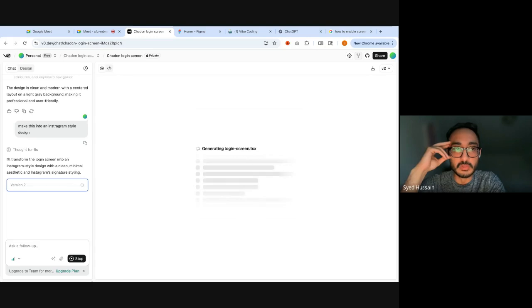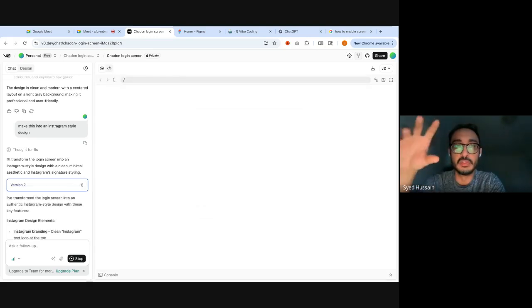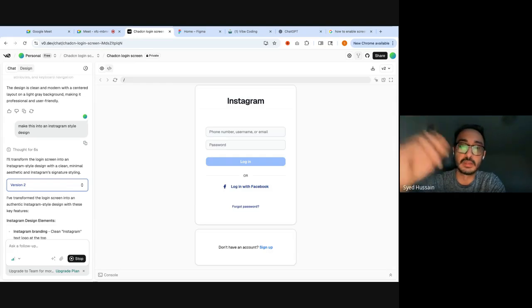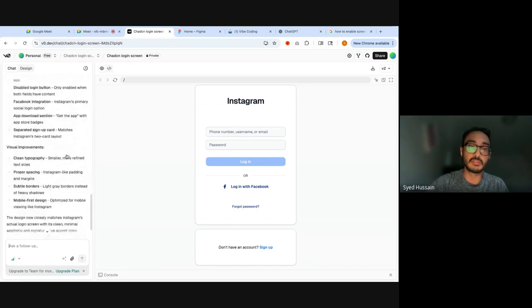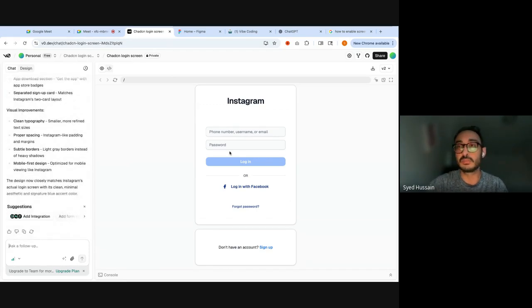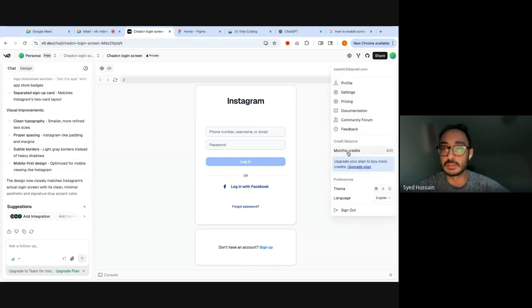So one of the things that v0 or other AI user interfaces lack, you can see over here, it changes it a little bit and you can update it. But there is very little that we can do going back and forth on these design changes, because of a lot of the changes that we've made, if you go to the top right profile, you can see that